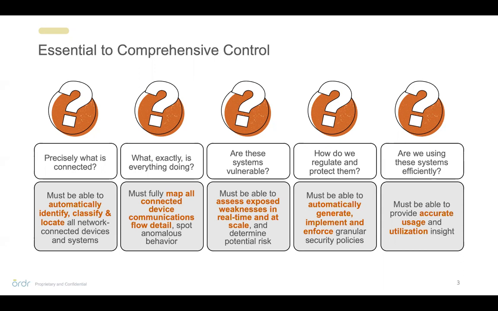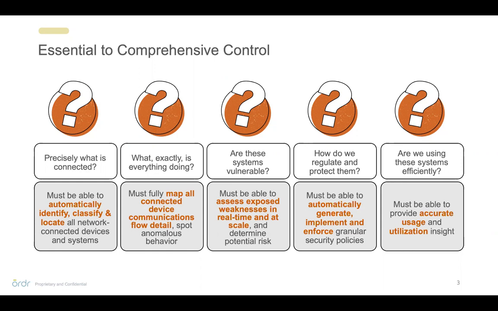The second area that you tend to run into is having detailed understanding of exactly what those assets are doing. From this concept, we're really talking about tracking all the communications of every single device. And in the case of these OT and IoT assets, getting very specific in that understanding of what's normal versus abnormal for those specific devices. The good news with these types of assets is that they don't have users behind them. And what that means is the person who built them has predefined what those systems should be doing when they're installed and in use, and they should never deviate from that.